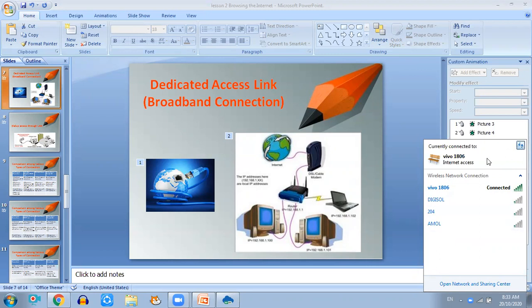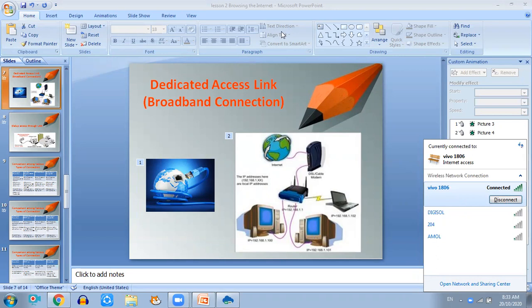Just refresh, and it will show the nearby hotspot mobiles. Here is my Vivo 1806, and I just click on it and it will show the connect option. Now I have already connected, that's why it is showing disconnect. But when you click on this, it will show connect. Just click on it and it will get connected. Simple. And now let's understand the remaining things practically.